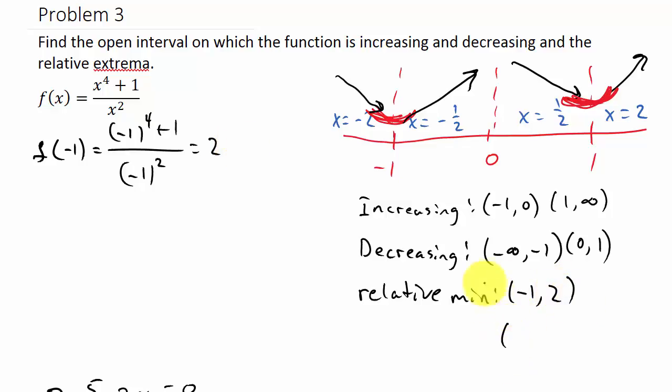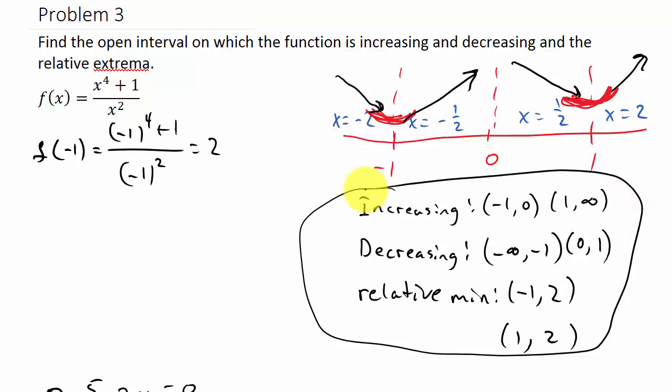Alright, and then we have a relative minimum at x equal 1. And if we plug the 1 in, we're going to get the same answer, 2. And so here's where it's increasing, decreasing, and in this case we only had relative minimums. Alright, so sorry about the mess up